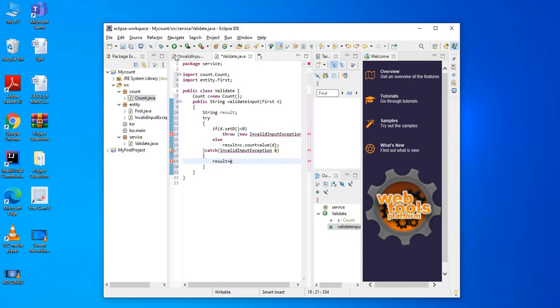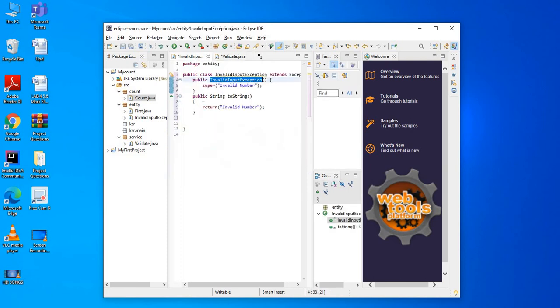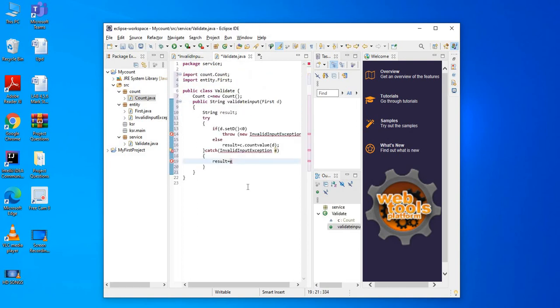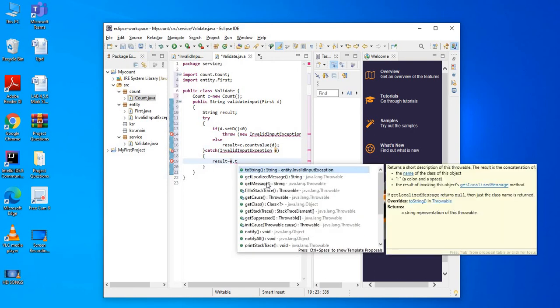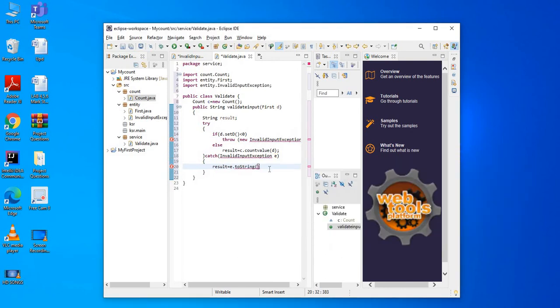So only we have defined the method toStringOf. So now we have to call E dot toStringOf. Again the suggestion is given here. Now after the try block and after the catch block, inside the method we have to return the result.